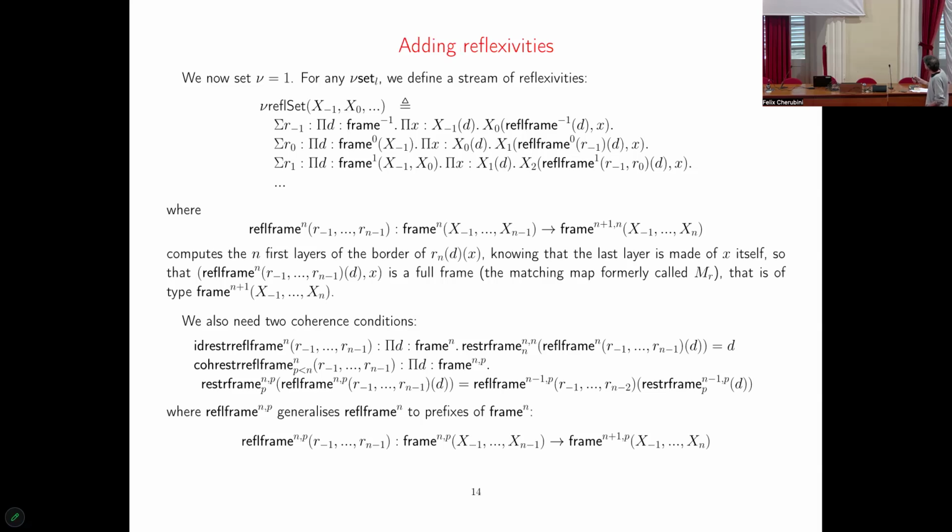And to add degeneracies, we just need, given one stream of x0, x1, to define a new stream, the stream of reflexivity from R minus 1. Here I made it in the case of augmented semi-simplicial; this is why there is a minus 1. There is a stream of reflexivities, which themselves are dependent. The second level depends on the first, the third level depends on the two, and so on and so on. We have two degeneracies to prove, and it works. Rocq accepted it.